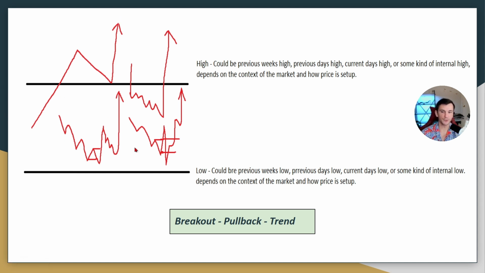All right, I know these are all long examples. You could take these exact same patterns, flip this over, and it would just be a shorting example. You could also have a pin through the high. Sometimes market will pin through the high or even break out just for a couple of candles, reverse back down, pull back, right? Breakout, pull back,